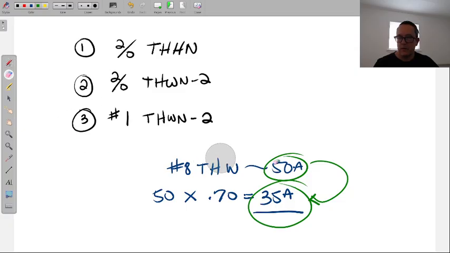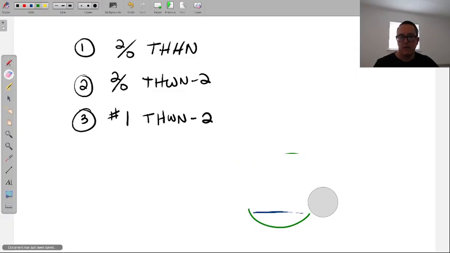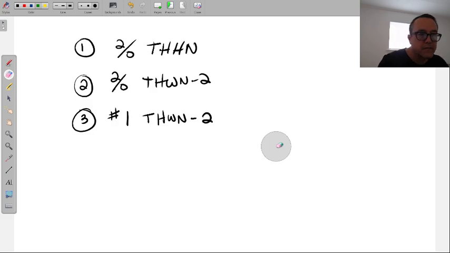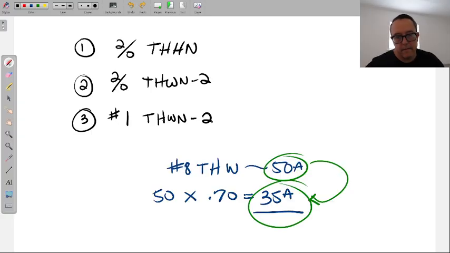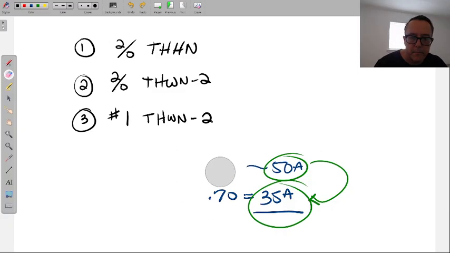All right, follow-ups, questions on this one? We got it? Good. Now, same thing, by the way, can just be asked for a temperature correction factor. I could have brought that back. Number 8, THW, what is the adjusted ampacity with the temperature at 120 degrees Fahrenheit? We do the same thing. We find the wire, find the amperage, adjust for the temperature correction factor.